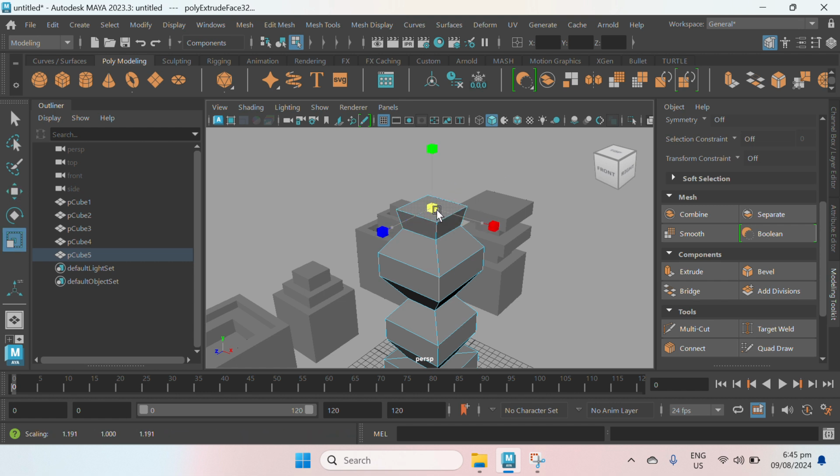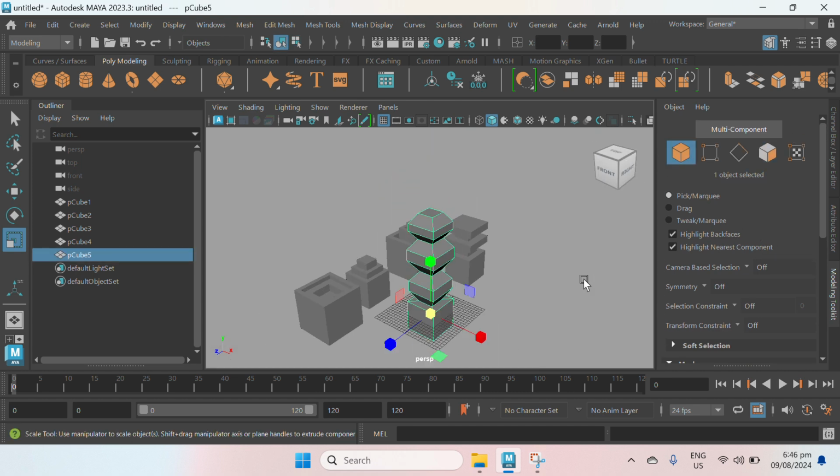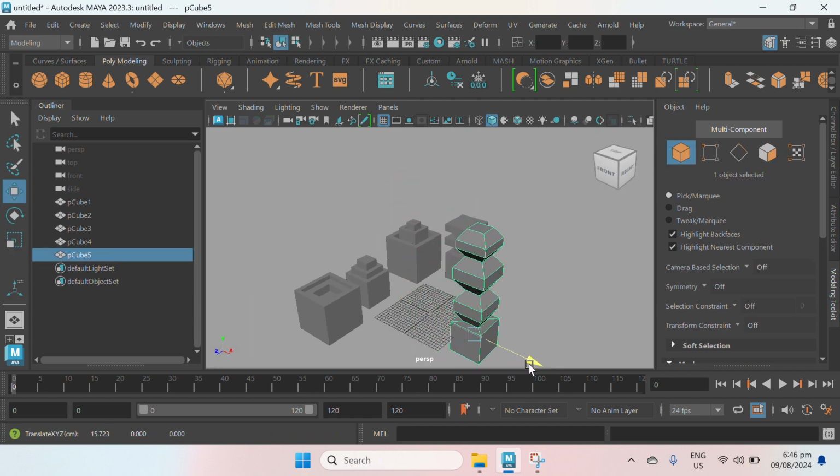Rescale, click and drag to the right. And then extrude, W, arrowhead upward. Last one, extrude, W, arrowhead upward. Rescale, click and drag to the left. Go back to object mode. W set aside.